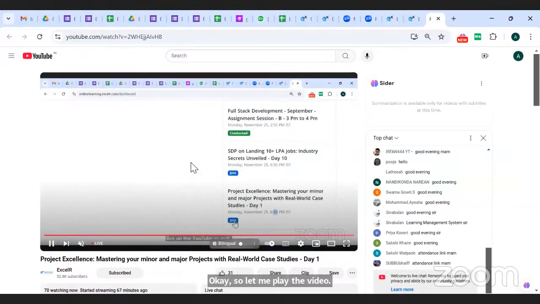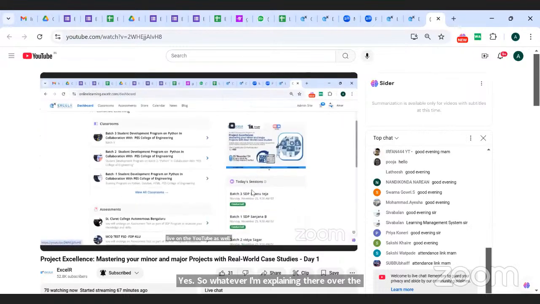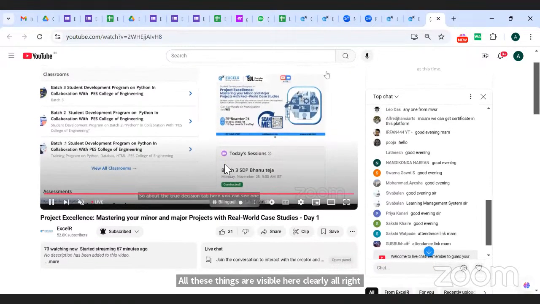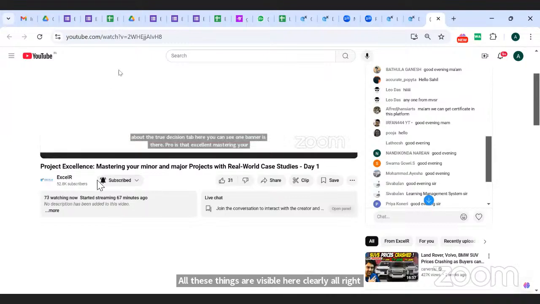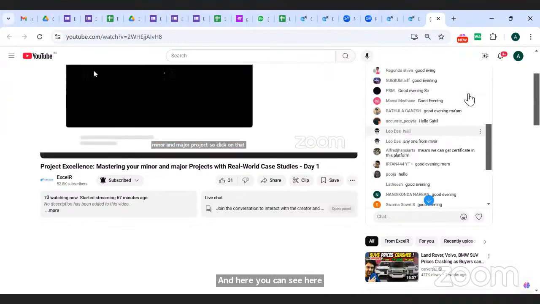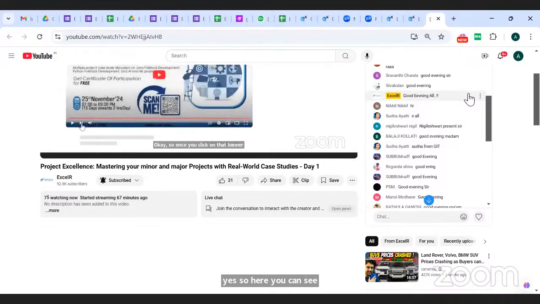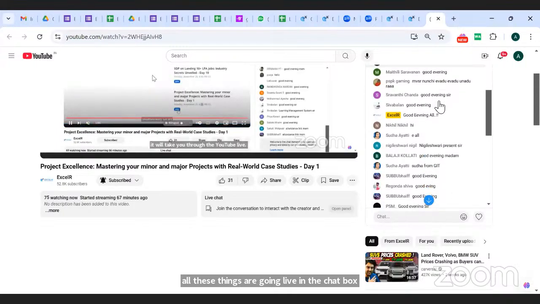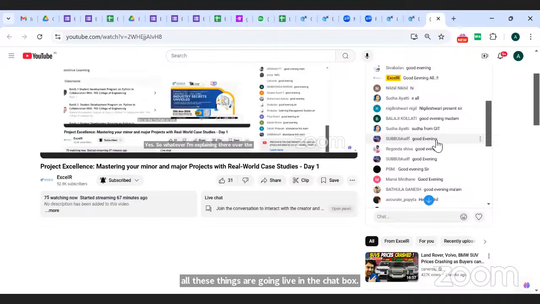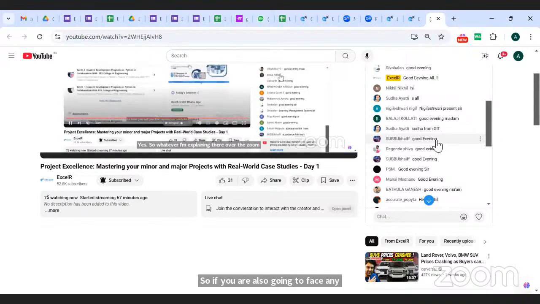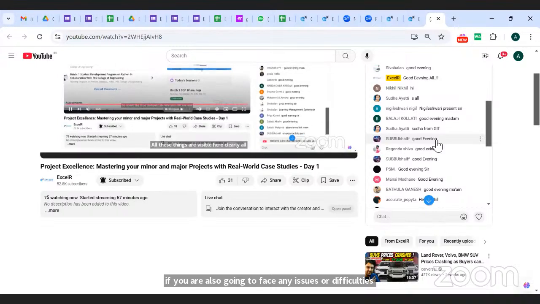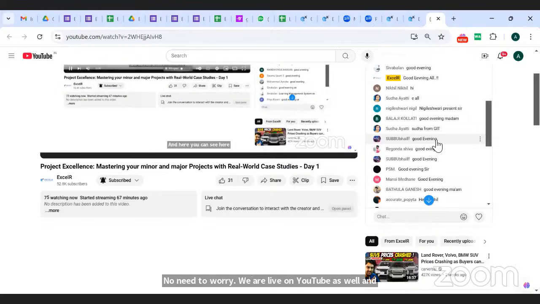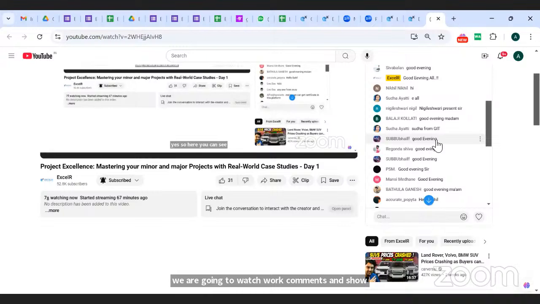Yes. Whatever I'm explaining over the Zoom is visible here clearly. And here you can see students giving confirmation and wishing, and all these things are going live in the chat box. So if you face any issues or difficulties, or have any queries or questions, no need to worry. We are live on YouTube as well, and we are continuously watching your comments and chat. Whatever queries and questions you have, you can